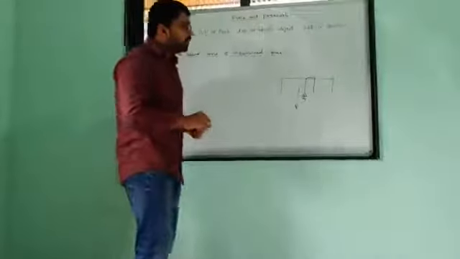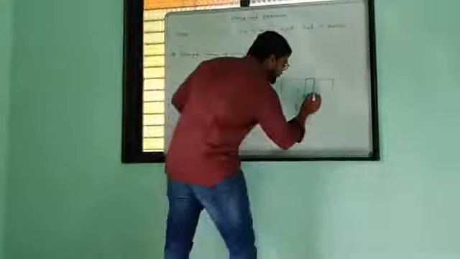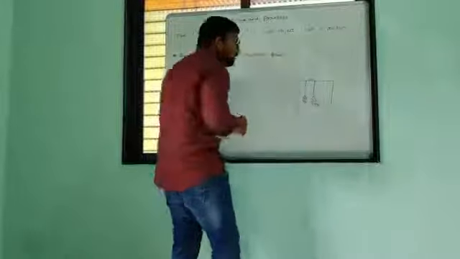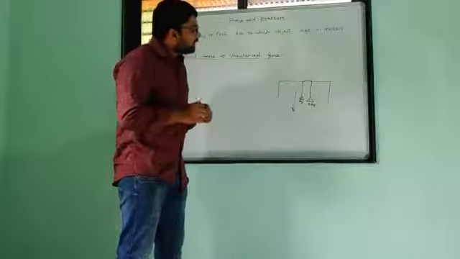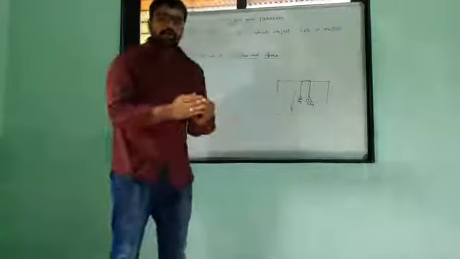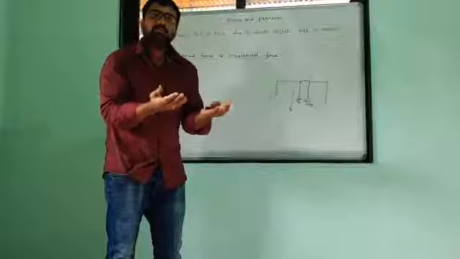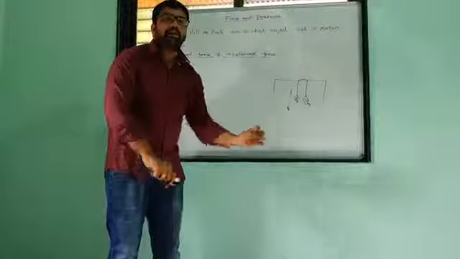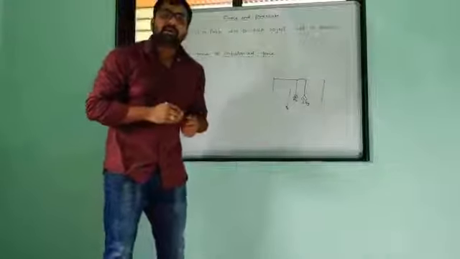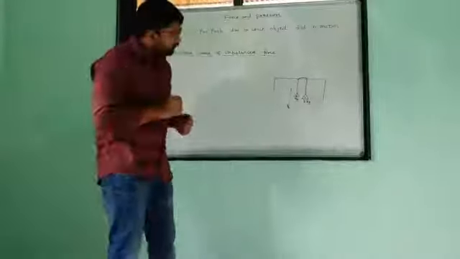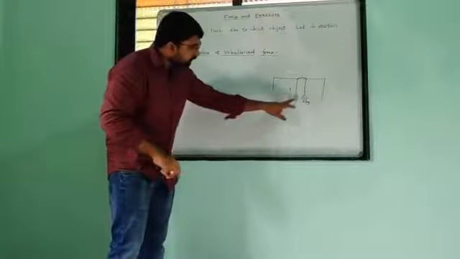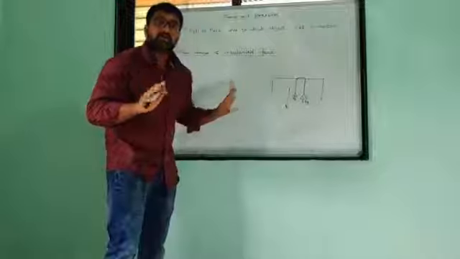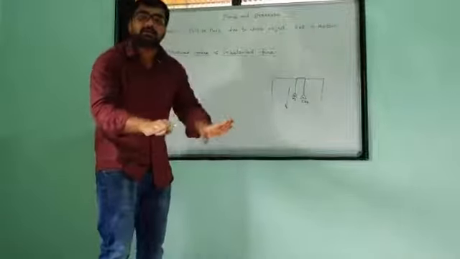But now we consider the first case again. Again we add here 5 kg. Now what happened? This string will remain stable here. Both lengths of the string will be stable when we apply the same 5 kg mass on the other side. So what happened here? Both masses are now equal, due to that the string remains constant.